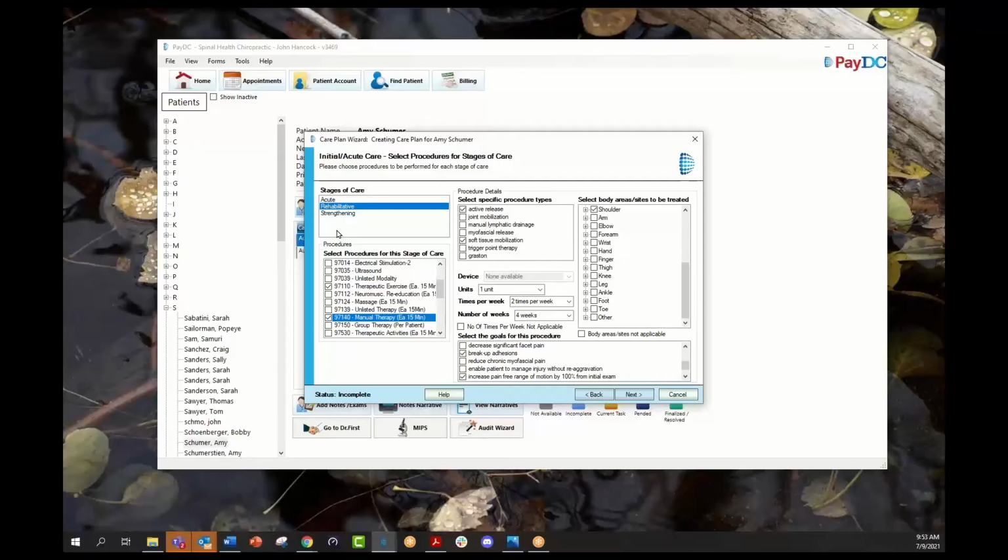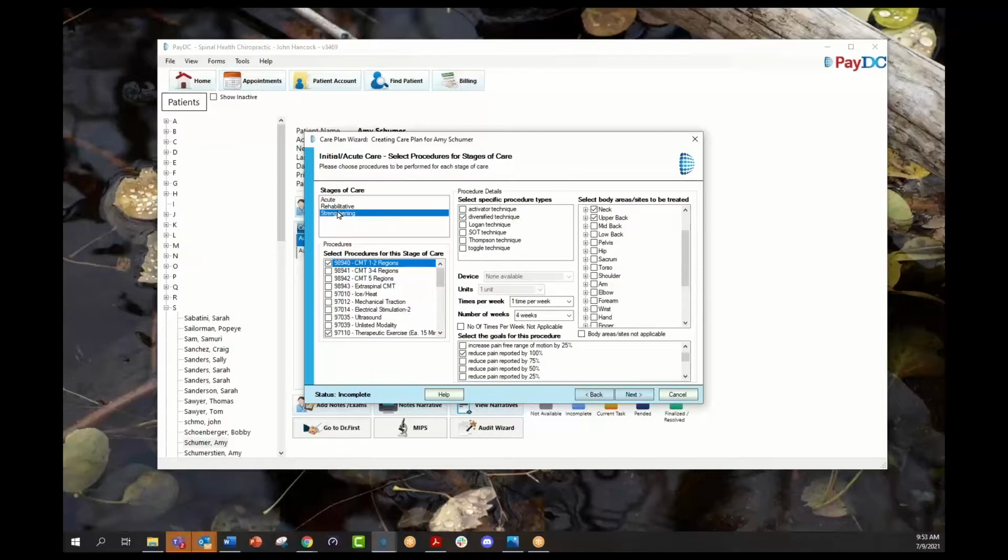To outline what you plan to do during each stage and why, and have it automatically shift as the patient progresses throughout their course of care to show progress and change. In the strengthening stage, in this example, I stopped doing 97140. It's not even there, but I'm doing 97110, and it's got different descriptions here. That I'm going to do these kinds of exercises, different body part. This is only once a week, and this one is to help with range of motion and some other things. So every specific procedure has its own goals, its own descriptions, its own frequency,